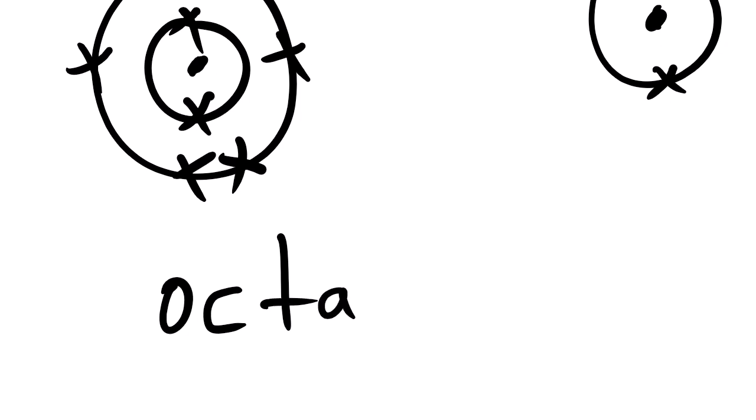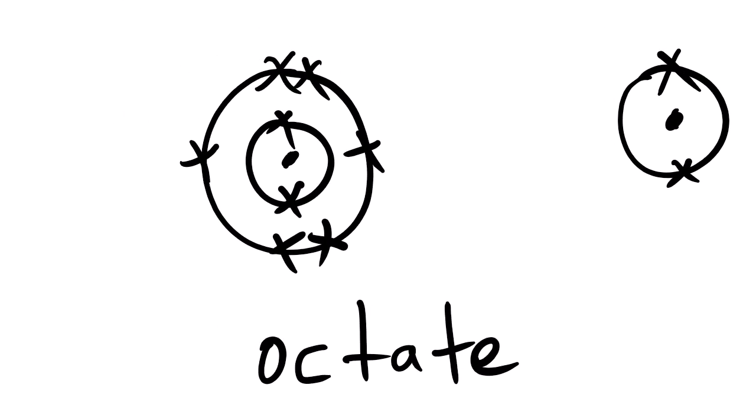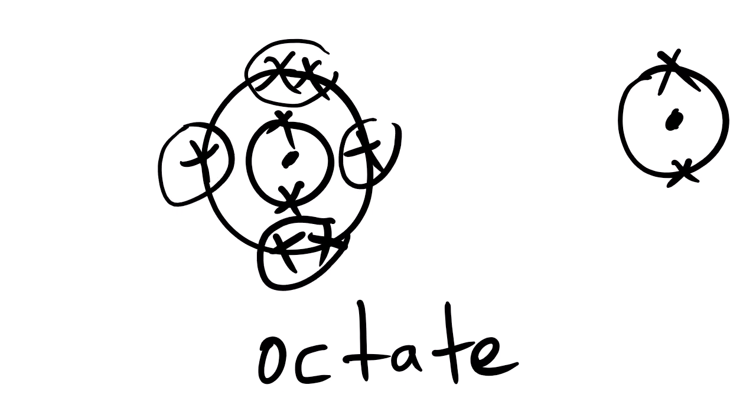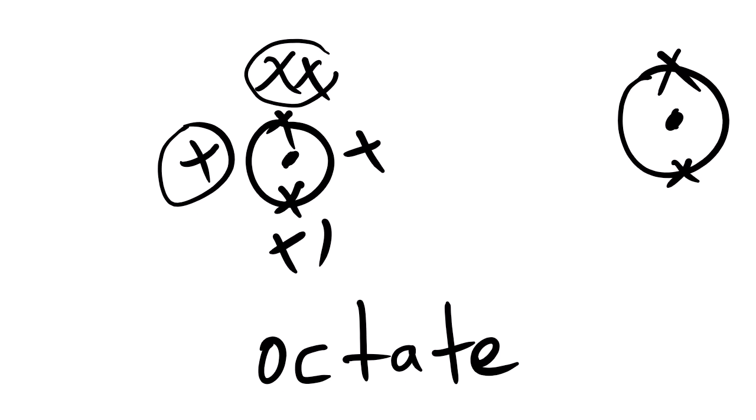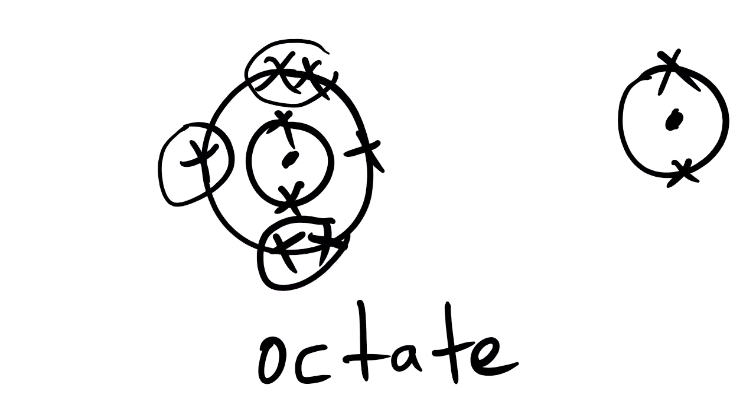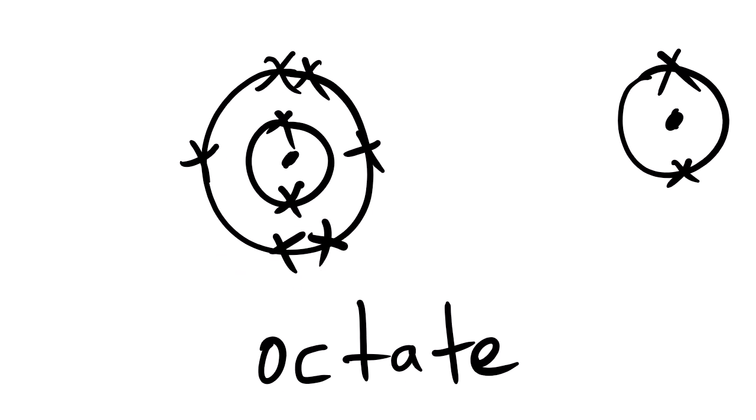electronic configuration. What is octet? Octet means 8. Octet electronic configuration. This outermost shell is not complete. The number of electrons is not enough. It wants this number of electrons to be 8. That's the name octet. So making octet means to make the number of electrons up to 8 so that it